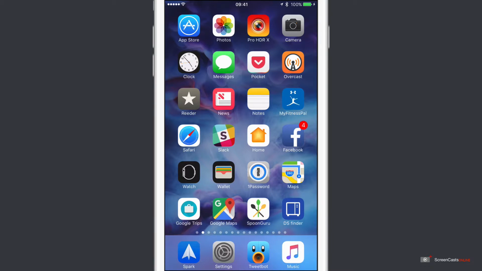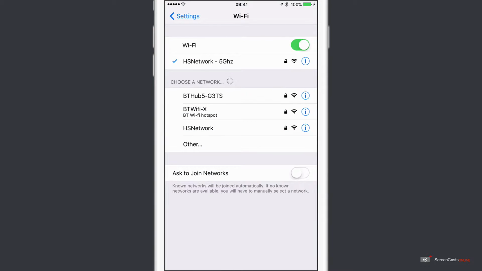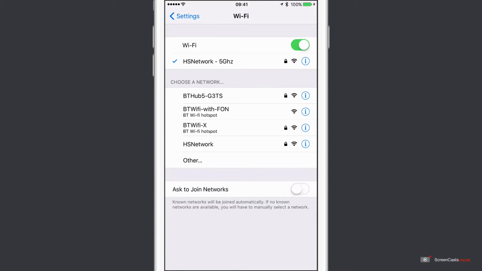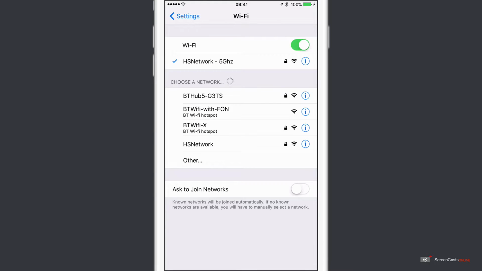Now, to see these wireless access points on my phone, if I go into settings and then into Wi-Fi. So my primary one is this HS network, 5 GHz, and this is a Wi-Fi hub. It's actually an Airport Extreme, but I also have a BT hub as well, which is giving me this other Wi-Fi network, BT Hub 5 G3TS. And if I actually try and go in here, it's not set up at the moment, it's prompting me for my password. But I'm going to go ahead and say cancel to that,